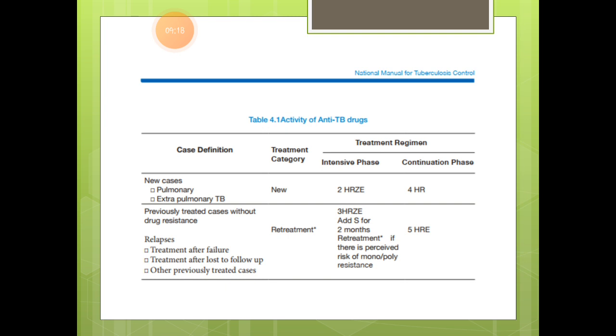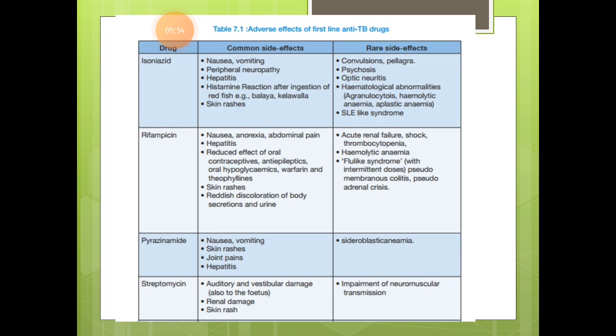And you should know the definition of the new treatment category and retreatment category. Don't worry, all the information you need to know about these categories is mentioned clearly in the guideline, so you can refer and study. Then you should know the adverse side effects of these drugs. It's also mentioned in the guideline very clearly. I have taken this chart from the guideline. So common side effects and rare side effects are there, so you should memorize this chart, and this will help you